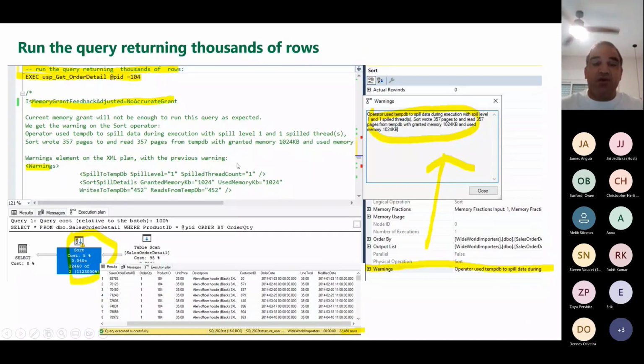Now we run the query which returns thousands of rows. If you run it, the current memory grant will not be enough to run this query, and you will see here the warning sign on the sort operator. Why? The operator used 10dB and will have this warning, which means the operator used 10dB to spill that during execution, a spill level and one spill thread. So it means that the memory was not enough and it was spilled to 10dB. Okay. If you go here,